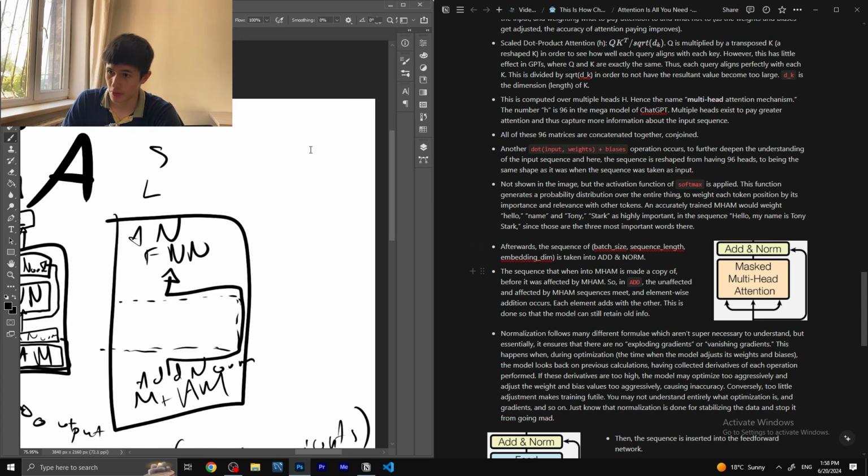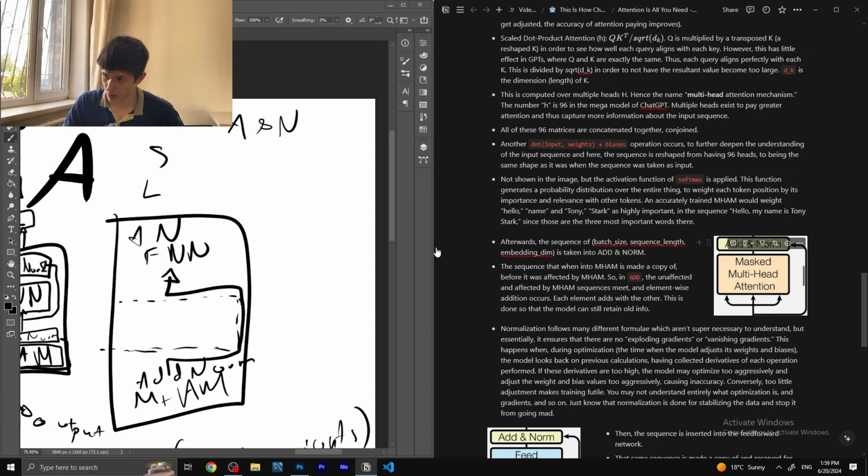So afterwards we apply add and norm. What does add and norm do? Before we put the input sequence into the MHAM, the GPTs essentially reserve a little sequence over here, and then they throw it over there so that the affected sequence and the unaffected sequence meet each other at add and norm. The reason why this is done is so that the model can retain some old, unprocessed